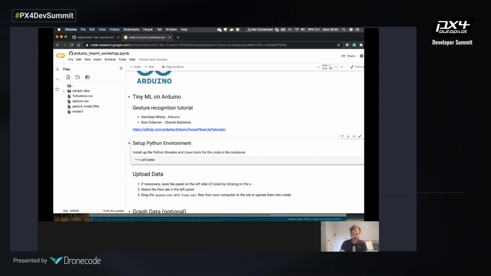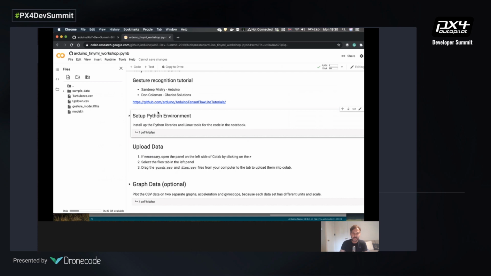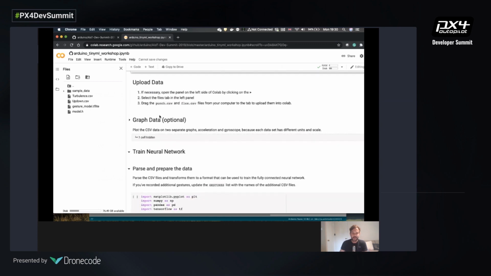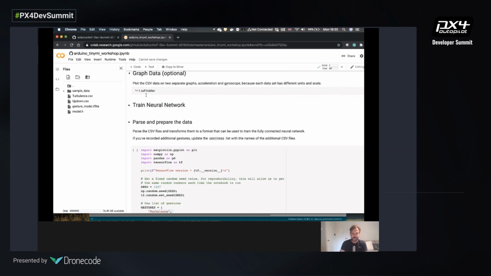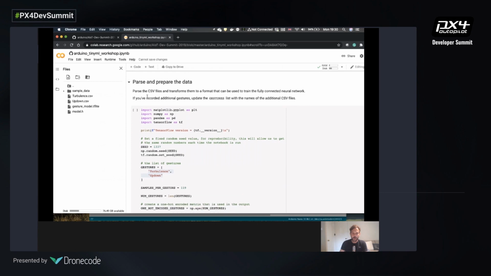You should be able to see the different steps. There's a setup step. I've already run all this just before this presentation. I didn't want to run it now because I'm conscious of time. But it's really a few simple steps. You can see here that what you do is basically get your data through your Arduino device.